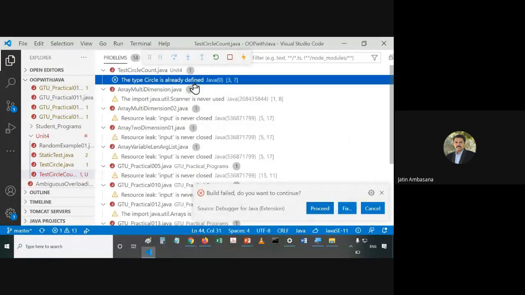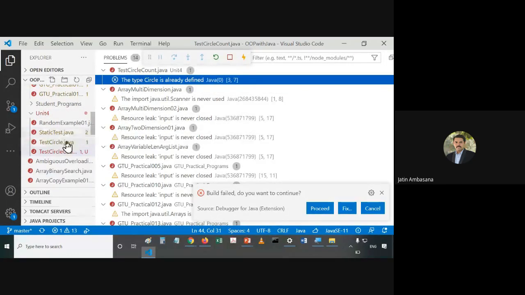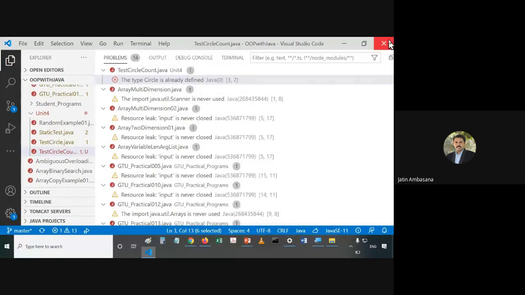What is the issue? Type Circle is already defined. Where is it defined? Let's do one thing.